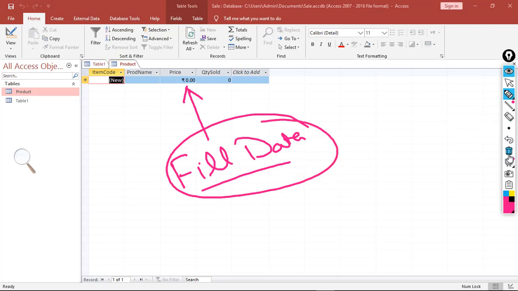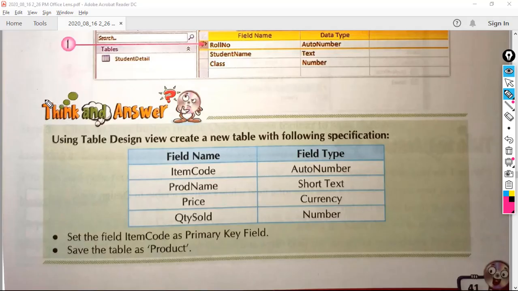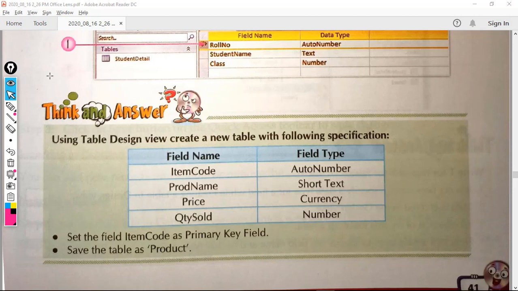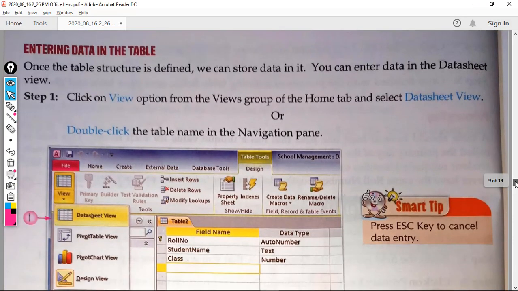Fine. So let's read this first, like how we have to fill the data, then I'll show you how you have to. So as of now we have done this part. Now quickly just move forward to our next topic or the next heading. इसको shift कर देते हैं वापस से यहाँ पे toolbar को. Well, our next heading is entering data in a table.